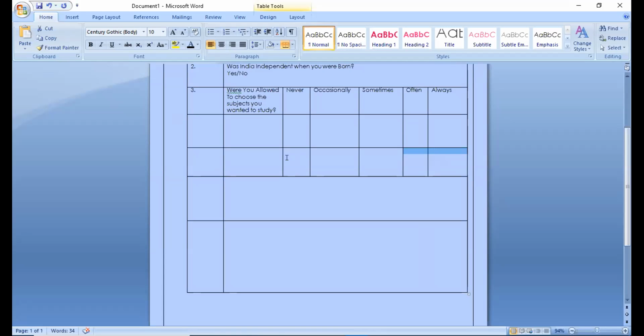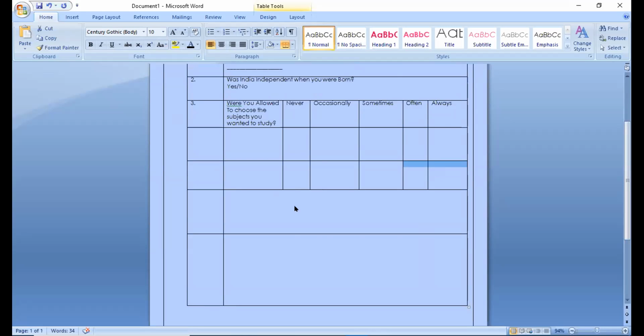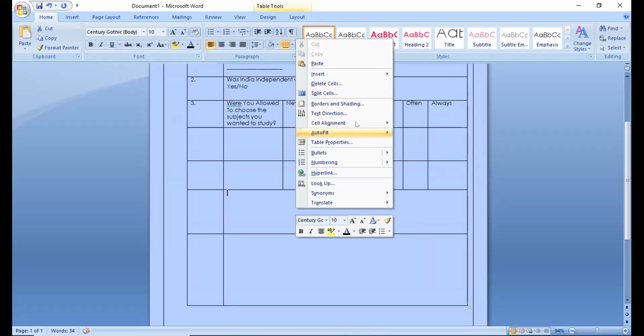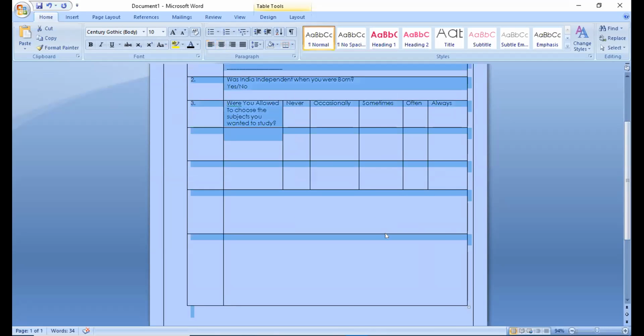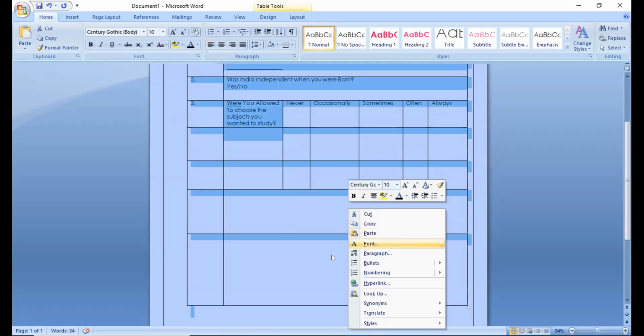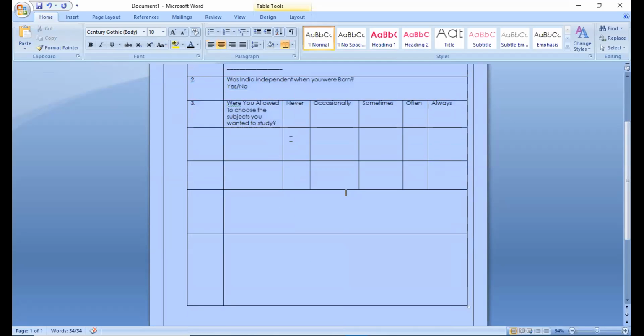So there are 5. Freedom of expression, freedom of thoughts, freedom to choose, freedom to make mistakes, freedom to believe in you. So your questions will revolve around these 5. Now start framing your questions.